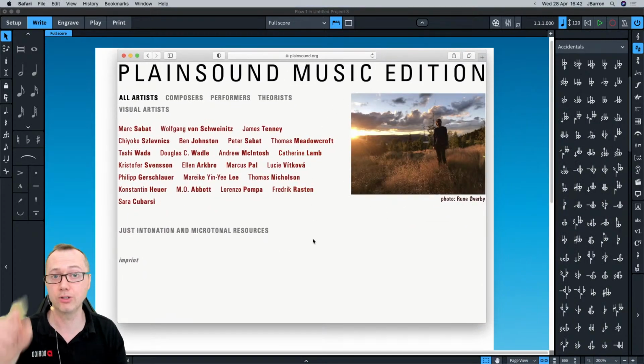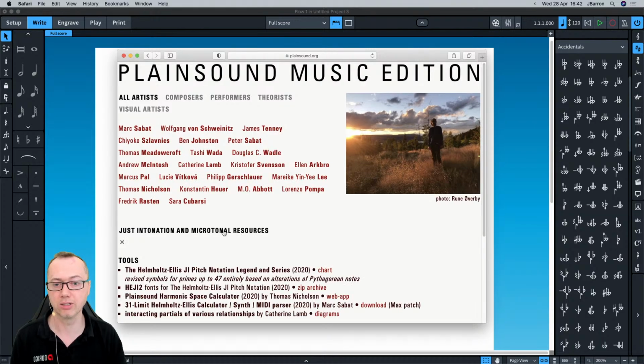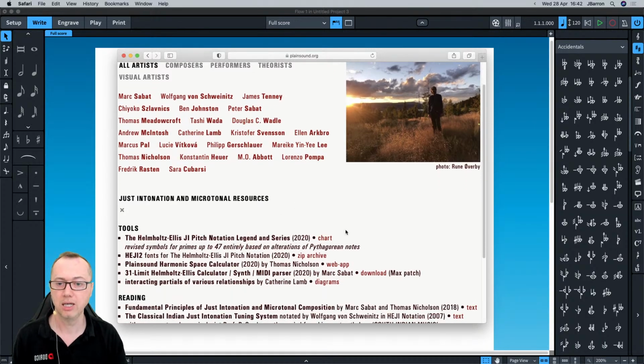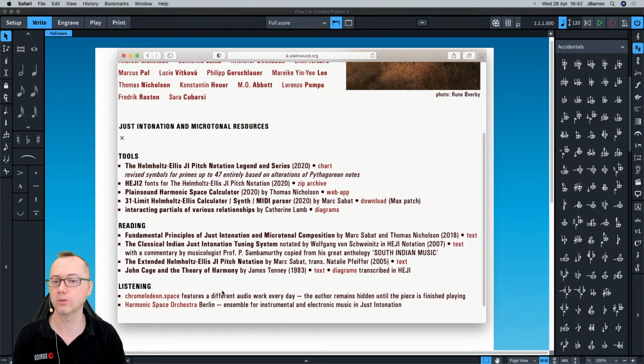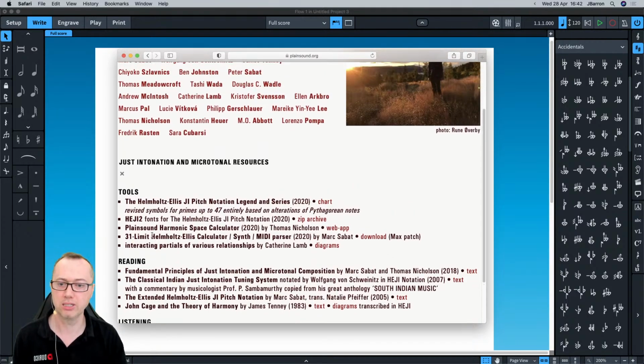In fact, don't look for it, just go to plainsound.org. And if you're on here, they have a Just Intonation and Microtonal Resources section. If you click on this option here, then it will give you some tools. There's all sorts of useful tools here, one of which is